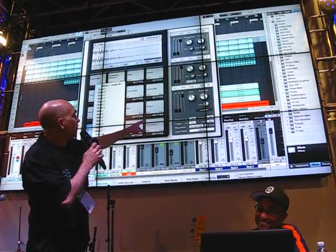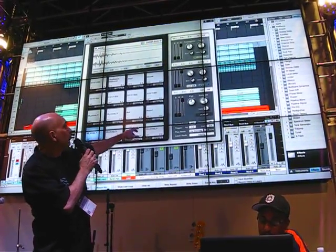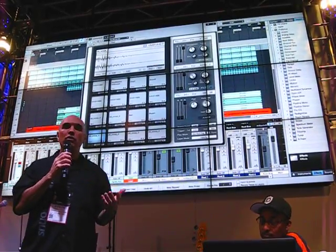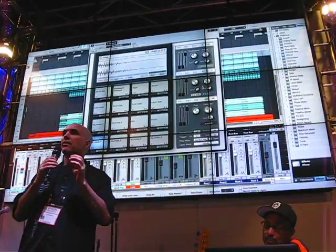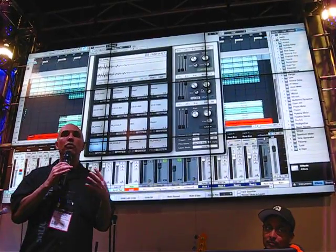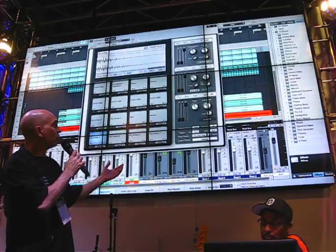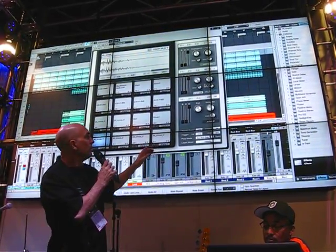So if we look over here on the right side, another thing that's very cool in StudioOne is there are other drum modules out there, and they're really cool. There's Battery and Machine and all of these ones, and they're very powerful, but they also are very complex. There's a learning curve to them. One of the things that I really like about Impact is it's a great sounding module, but it